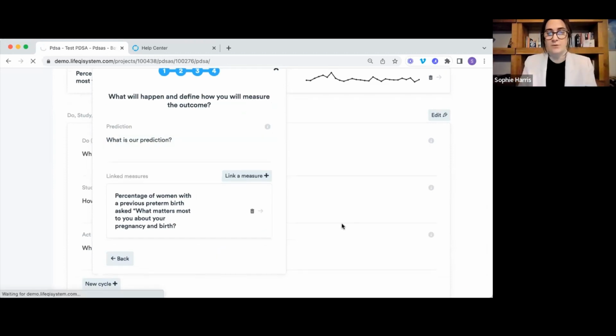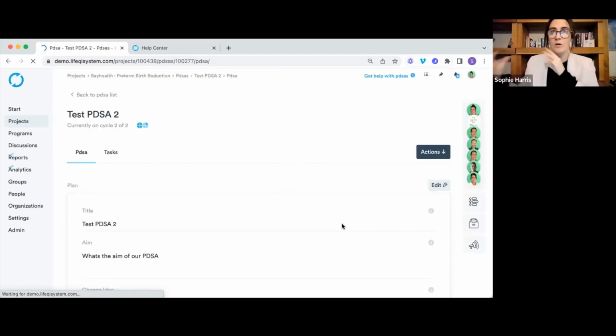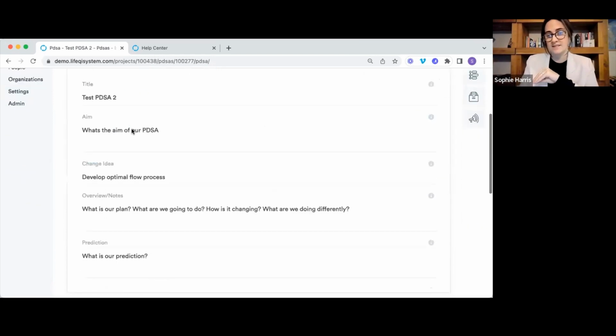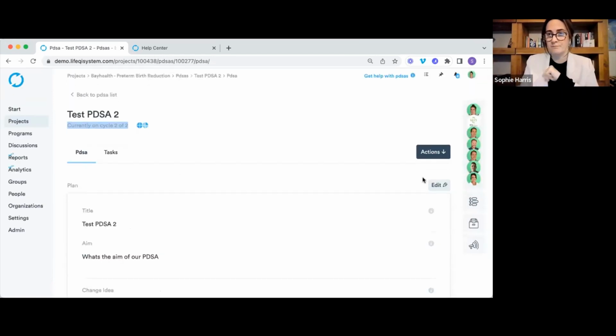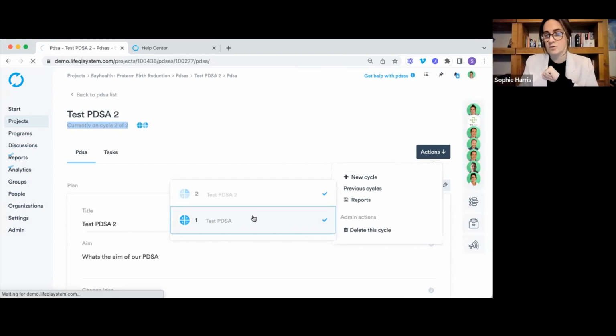And then in the same way we did before, we create that cycle. We now have 2 PDSA cycles within our ramp. You can see here, currently on cycle 2 out of 2. In the same way, we can scroll down, check our details and add more information. And through this actions button here we can go on to previous cycles within